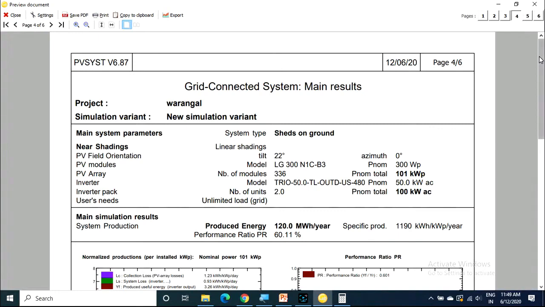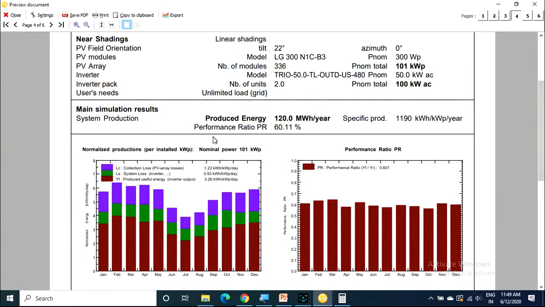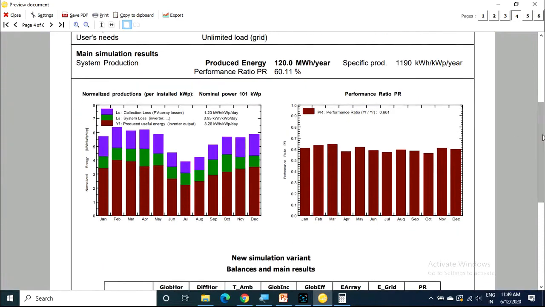In the fourth page report you will get the important factor, that is performance ratio. The performance ratio of this designed 100 kilowatt peak system is 60.11 percentage. It is somewhat less. A good performance ratio should be around 80 percentage. So here you can see the graphs.